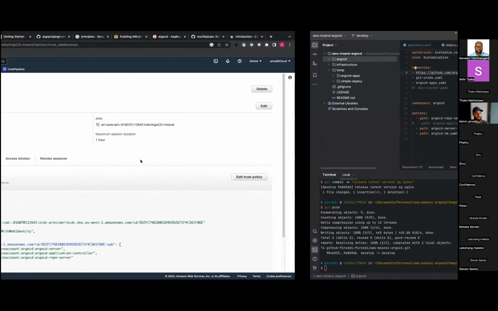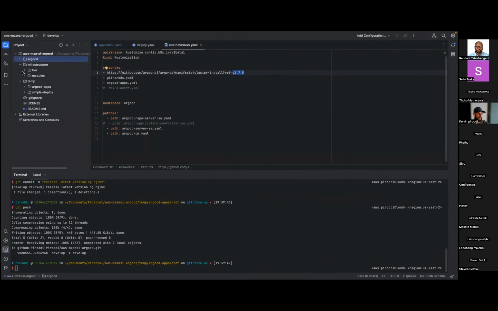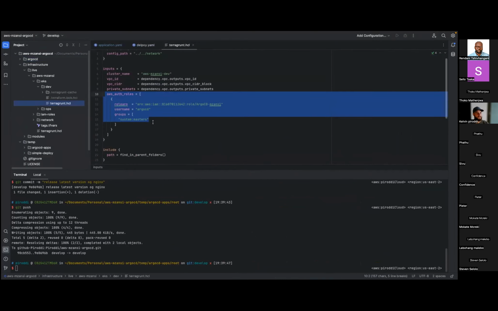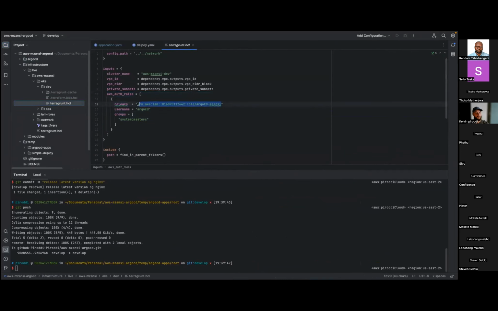So if I go to my infrastructure, which I've done in Terraform, this example, EKS dev, you'll see I've changed that config map. And I've said, hey, this role can connect to this cluster, and when it connects, it can be system master. You don't have to do this, and you wouldn't do this in a production environment. But for today, I said, hey, Argo can be an admin on my cluster.